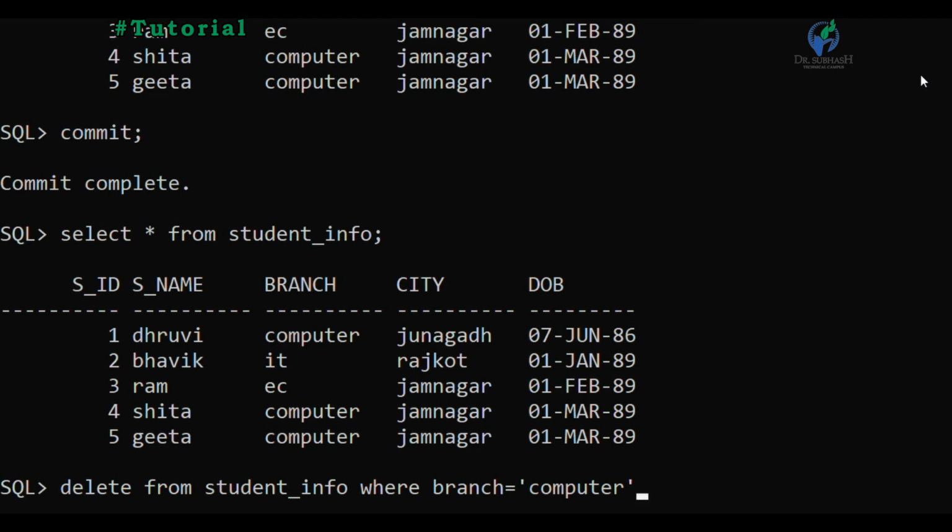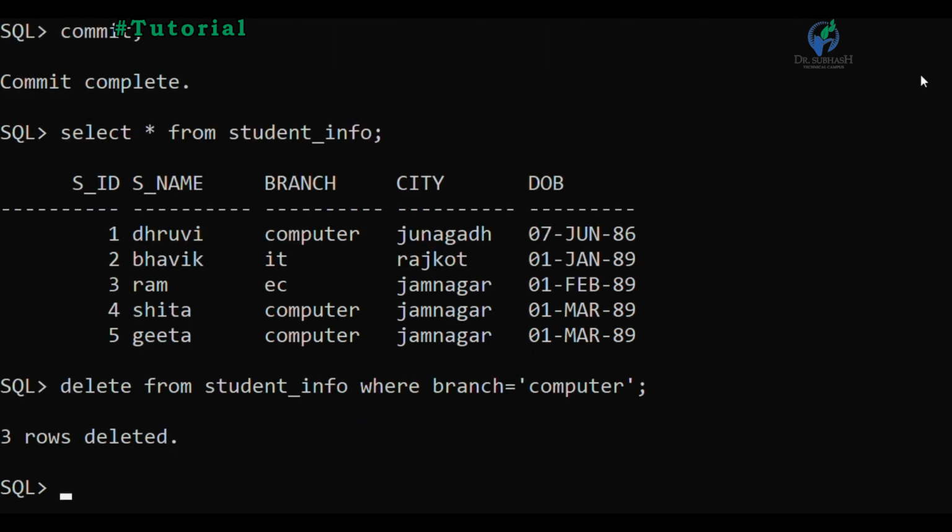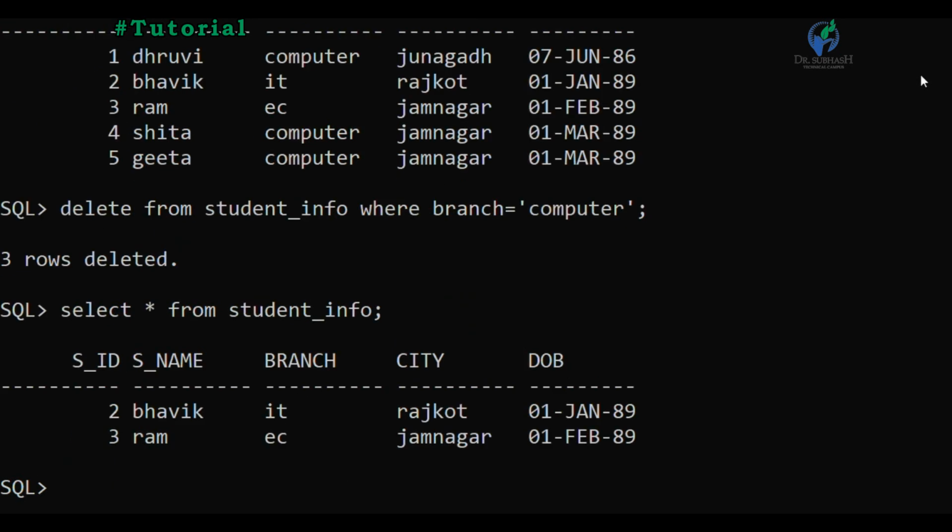See what the output will be. 3 rows deleted. The records with student ID 1, student ID 4 and student ID 5 are deleted. See the output. Got it? Only 2 records are available now, 2 and 3.